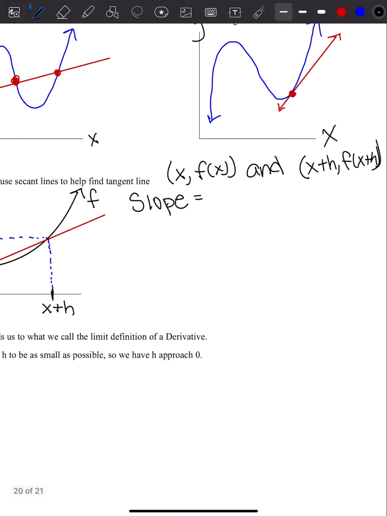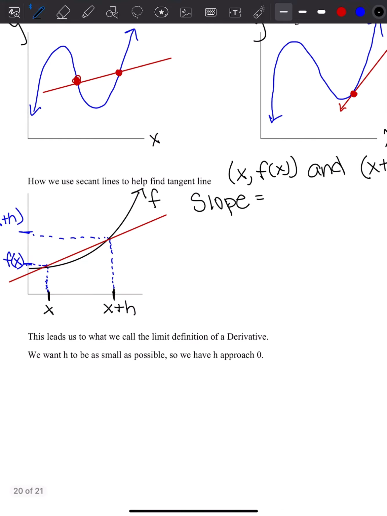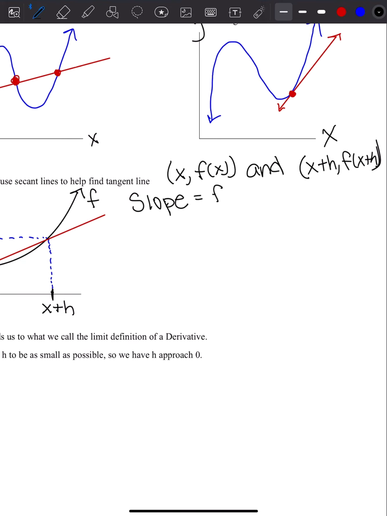So we are going to do f of x plus h because in our graph that is the one that's bigger, so we're going to start with that one. So we have f of x plus h minus f of x, divided by x plus h